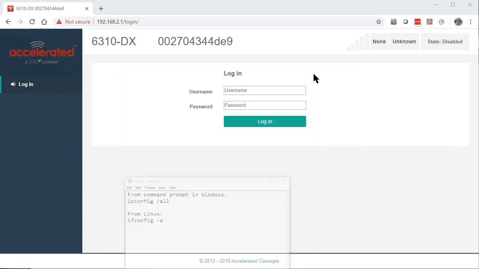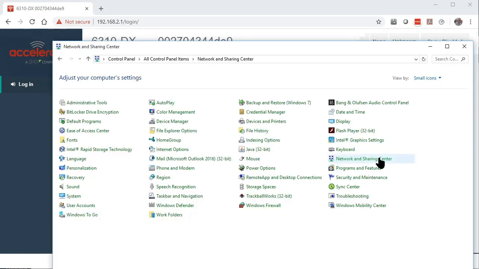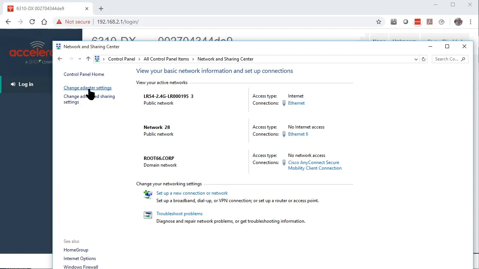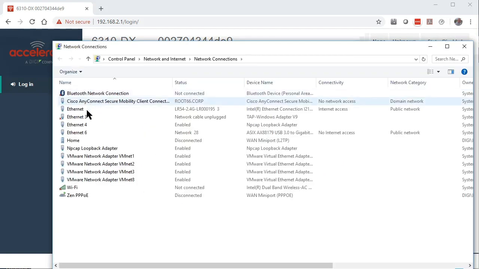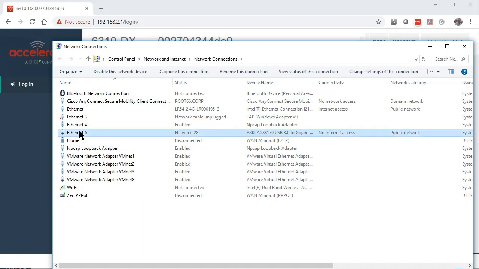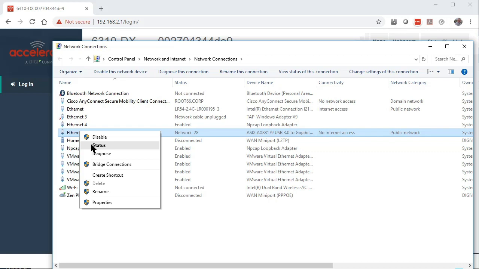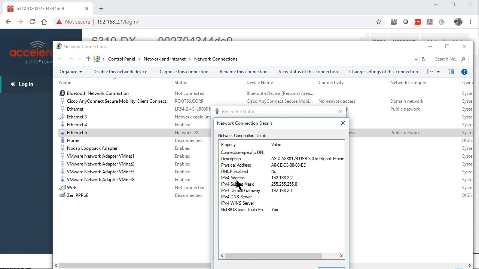If you don't want to do this using the CLI, you can use the GUI. If you're using Windows and you don't like to use the CLI, you can go into Control Panel, into the Network and Sharing Center, click on Change Adapter Settings. You'll see a list of the configured Ethernet adapters. On here, I've got Ethernet 6, which is the one connected to the 6310. Go into Status and Details. And here we'll see the same information. The IP address assigned to the PC Ethernet adapter and the default gateway,